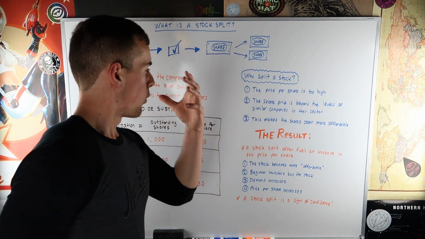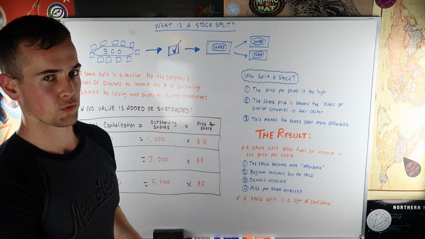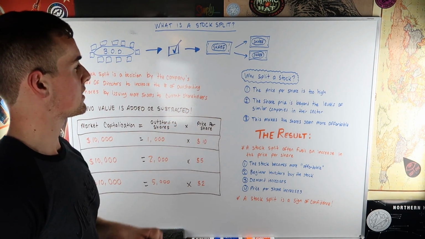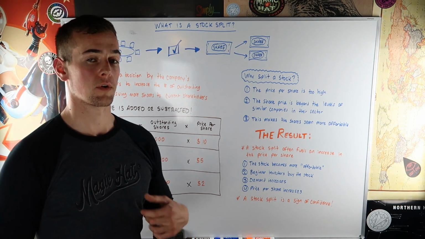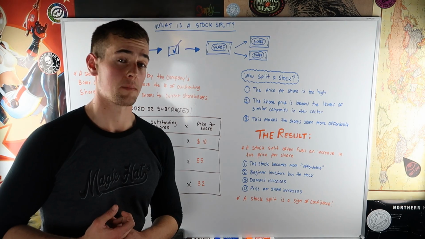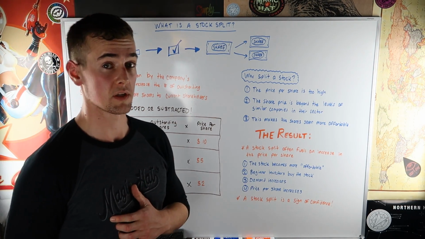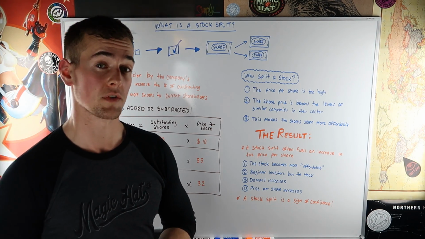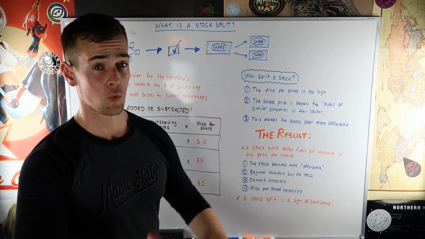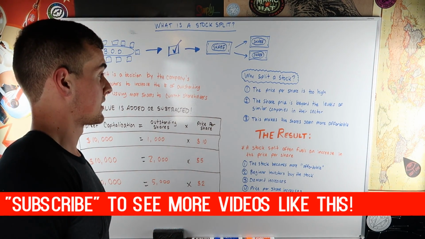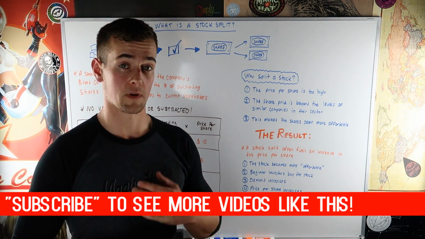Okay, so why would you split a stock? Why does the board of directors decide that, okay, it's time to split this stock up? The number one reason is because the price per share is simply too high. Two stocks that are very high right now that people are talking about as far as when they will split are Amazon and Google. Those two are basically rapidly approaching $1,000 per share. By the time you're watching this video, they've probably already exceeded that. But that's an example of two stocks that many people say are very expensive.